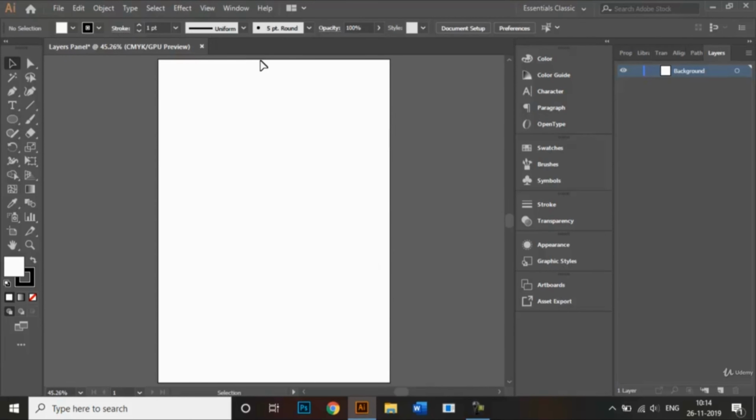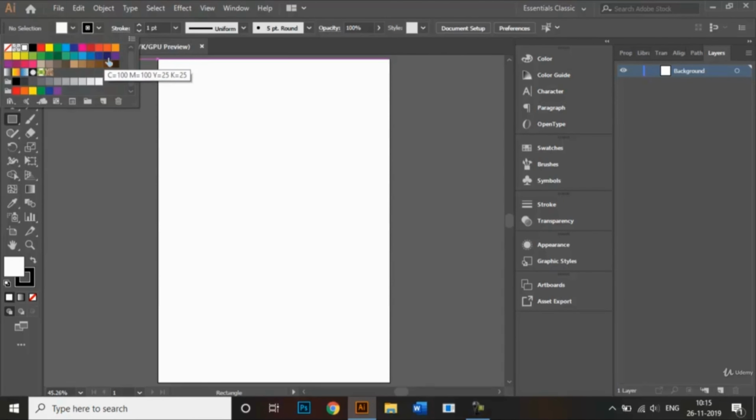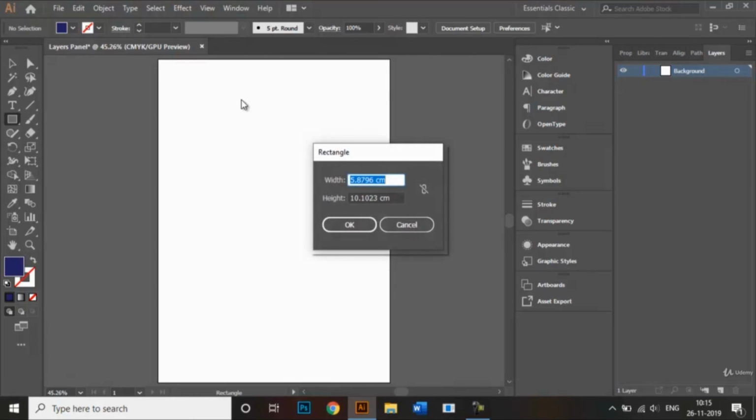Right, so let's give a color to our background, and for that we'll have to use a rectangle tool. We click on the rectangle tool, and before we make a rectangle, let's also change the fill of our rectangle. By default it's white, so instead of white, let's choose this preloaded color of dark blue, right? And also remove the stroke. The stroke is the outline, and we do not really require the stroke in this layer, so we click on the none.